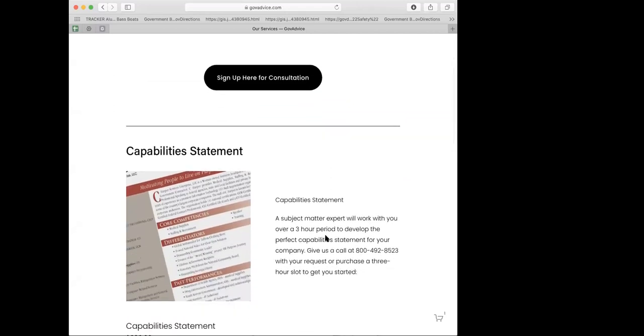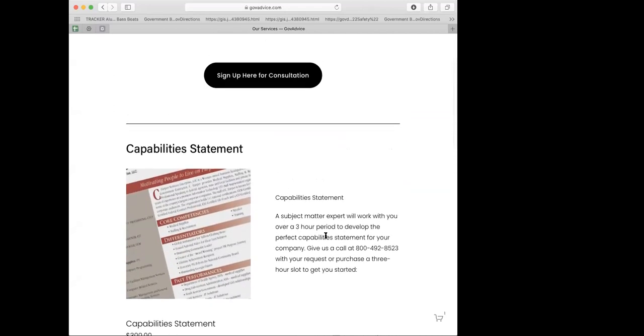And we are here today to talk about capability statements, a document that all of us need when we're working with government. We want to make sure that you're fully aware of what's necessary in a capability statement. And we think if we make you a little smarter, then you will have more success in winning government contracts.